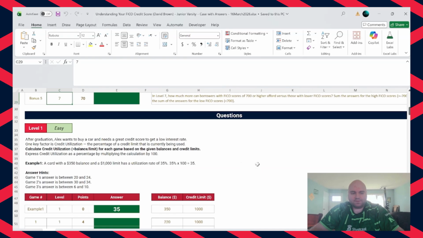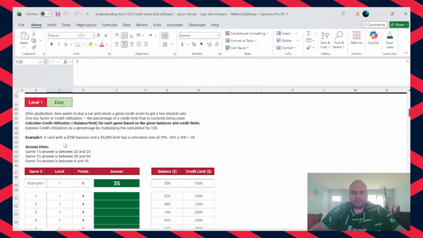Alright, starting with level 1. After graduation, Alex wants to buy a car and needs a great credit score to get a low interest rate. One key factor is credit utilization, the percentage of a credit limit that is currently being used. Calculate credit card utilization, which is, they give us the formula there, balance divided by the limit for each game based off of the given balances and credit limits. Express credit utilization as a percentage by multiplying the calculation by 100. So they give us the formula, balance divided by limit, and we want it as a percent, so we multiply